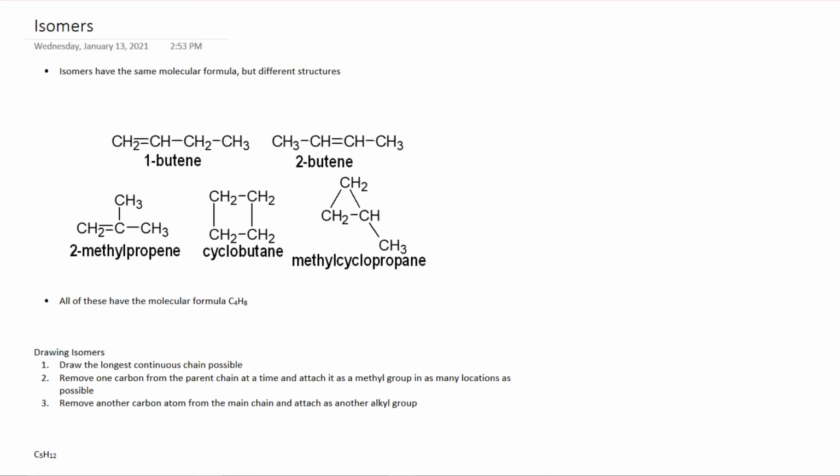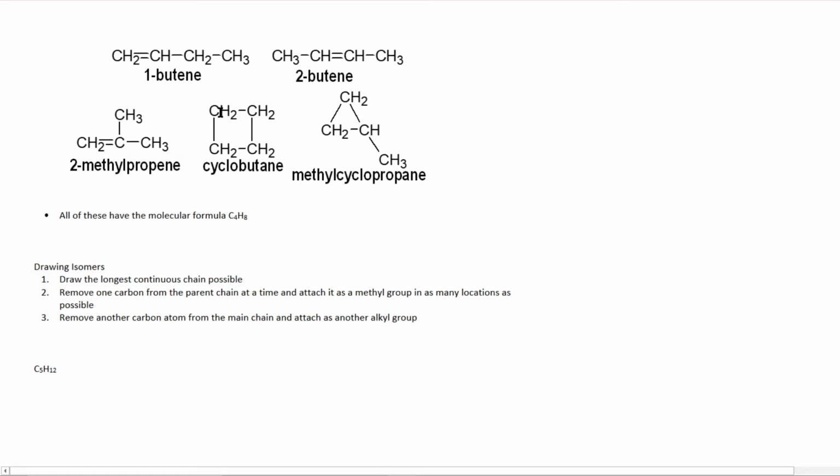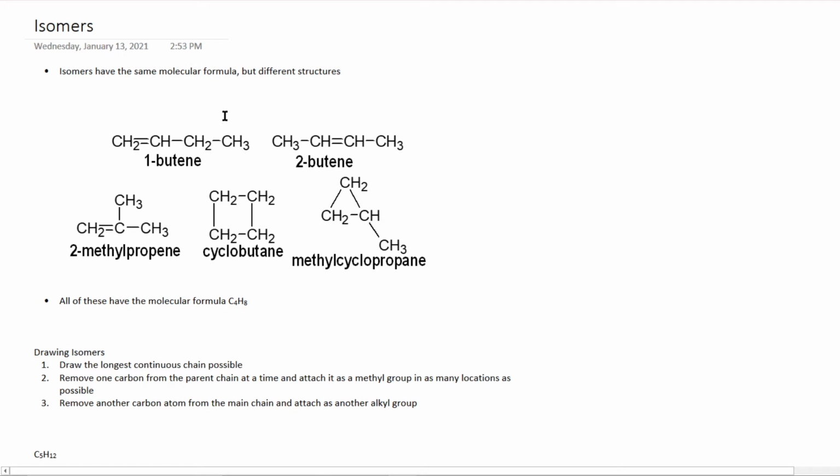Howdy, folks. We're going to talk about isomers in this organic short. An isomer is two molecules that have the same molecular formula, but different structures. If we look at these couple of different structures here, we have one, two, three, four carbons, and one, two, three, four, five, six, seven, eight hydrogens. So, the actual structure of these guys here is